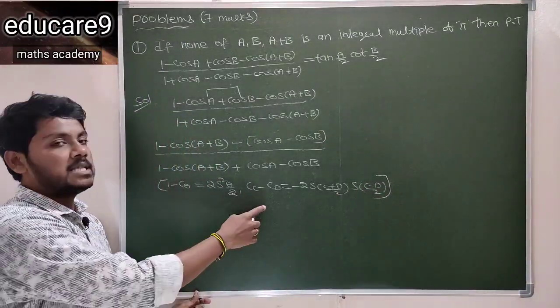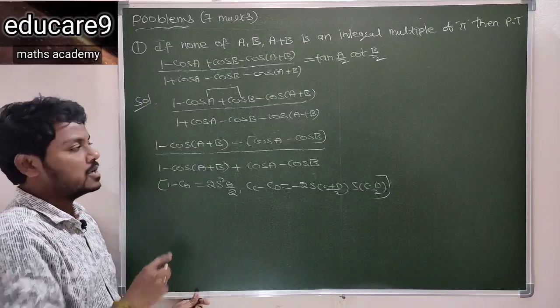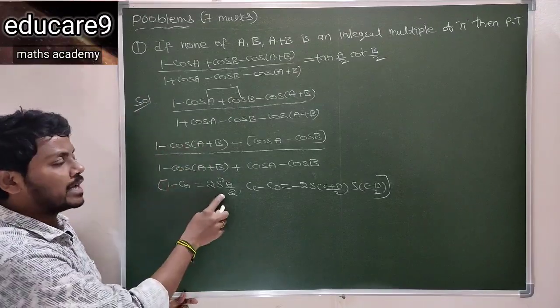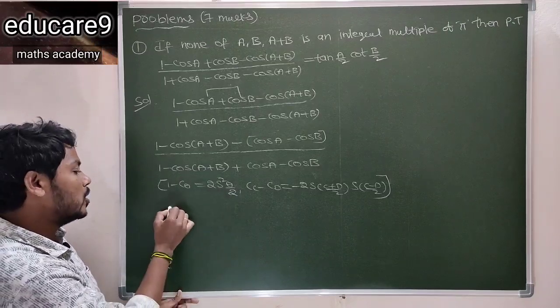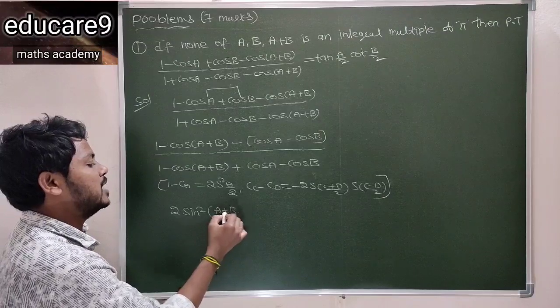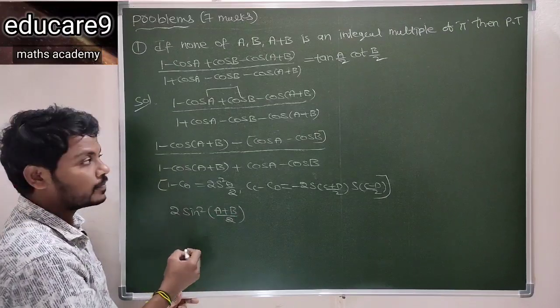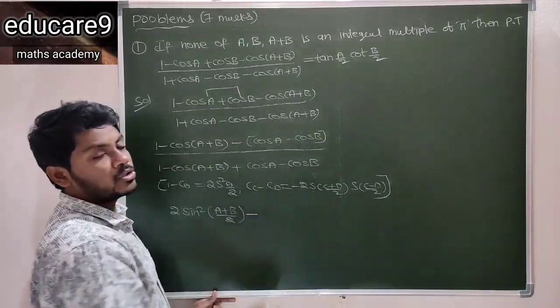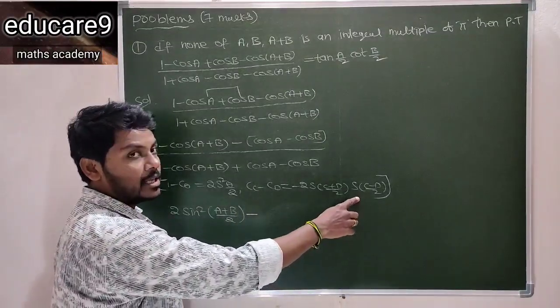So we have to apply these two formulas here. So in the form of 1 minus cos theta, we write 2 sin square theta by 2. So 2 sin square (A plus B)/2